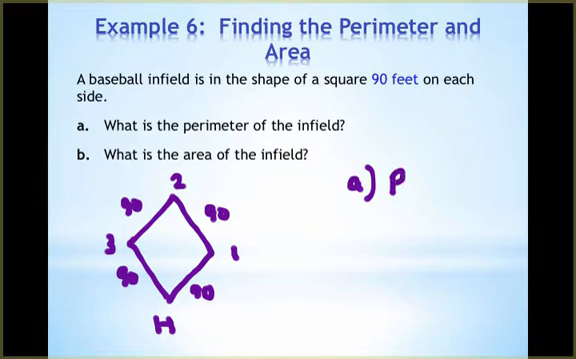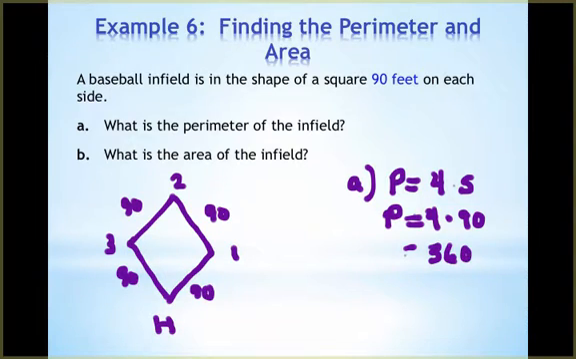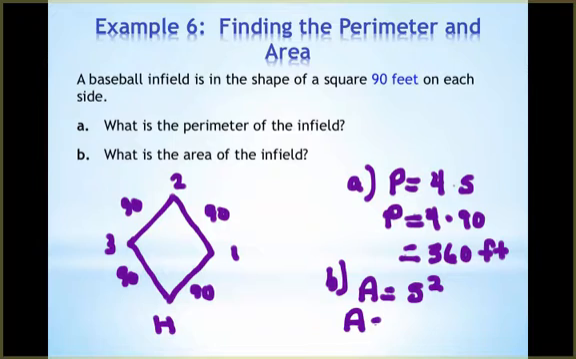So since this is a square, remember that our formula for perimeter is 4 times S. So that's going to be 4 times 90, which will be 360, and my units on this were feet. So perimeter has linear units. They're just feet, yards, miles. And then B is what is the area of the infield? Well, the area of a square is side squared, or side times side. So that's going to be 90 squared, which is 8,100, but area is square units, so it's going to be